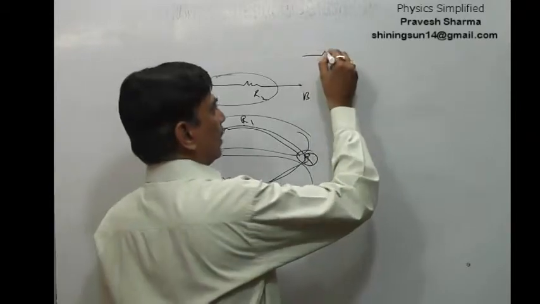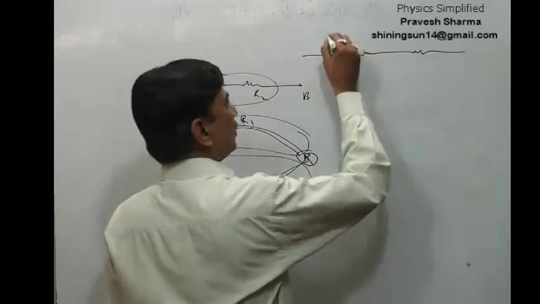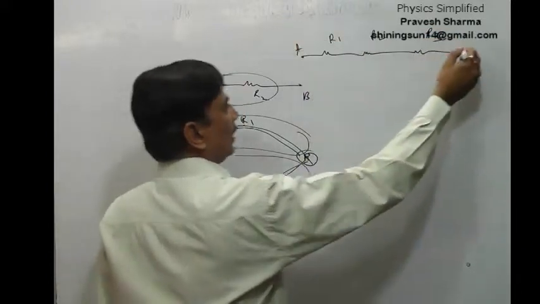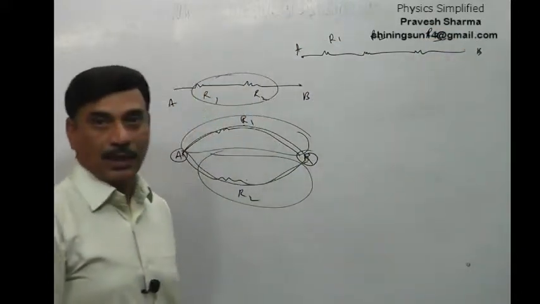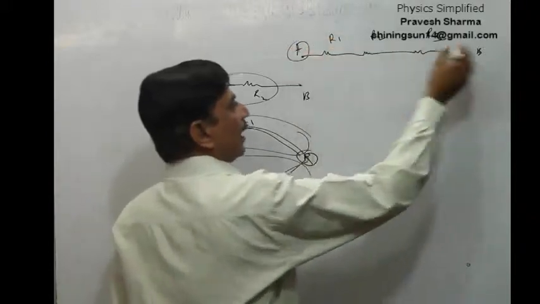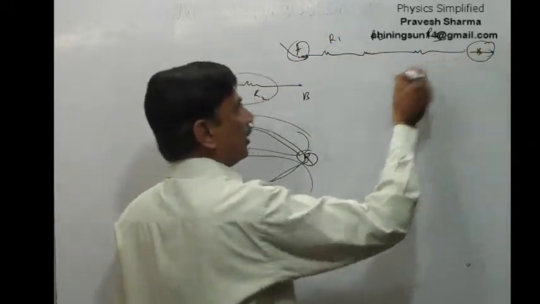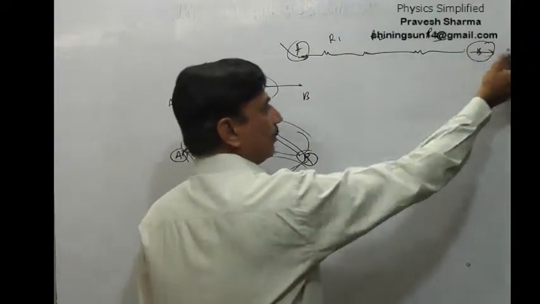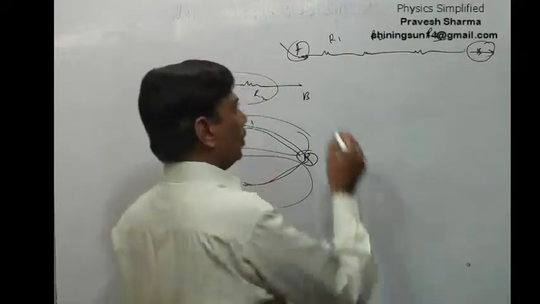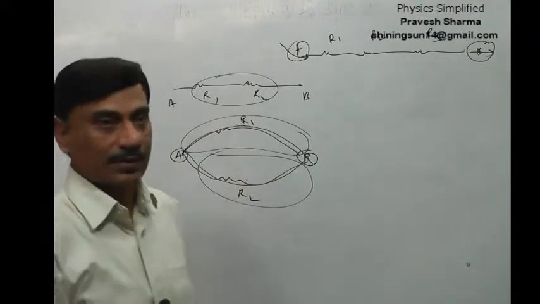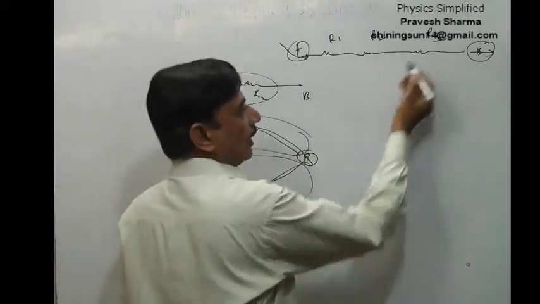To take it further, if I say now there are three resistors, R1, R2 and R3, and this is point A and B. So between the points A and B, you set out on a path from A and come out at B, or the current gets in from here and comes out of this point. Then R1, R2 and R3 are the resistors in series. They are connected end to end like this.